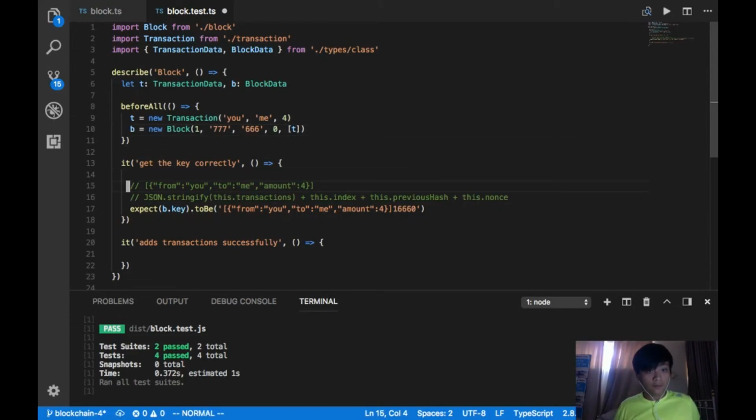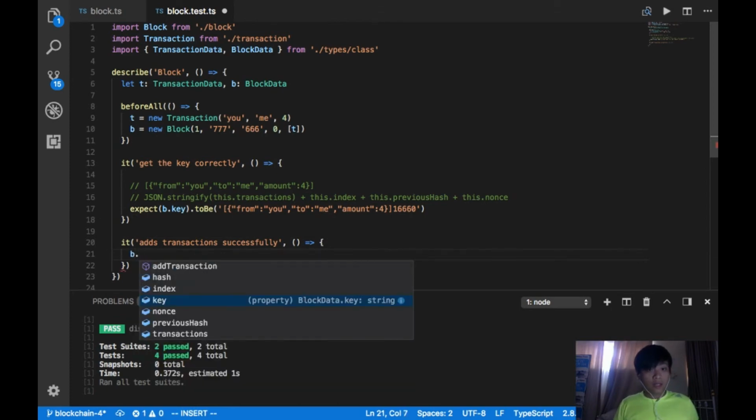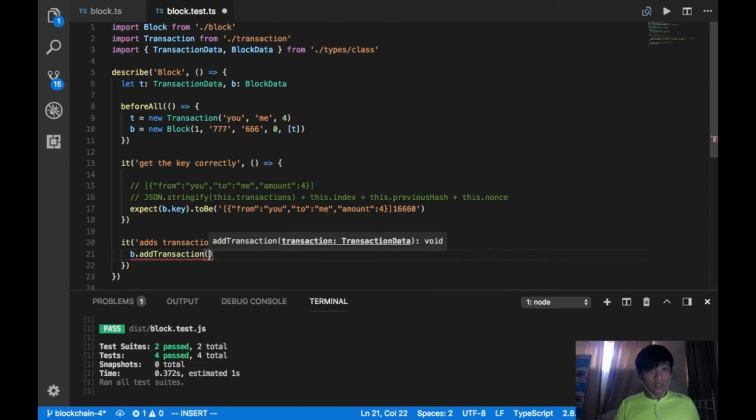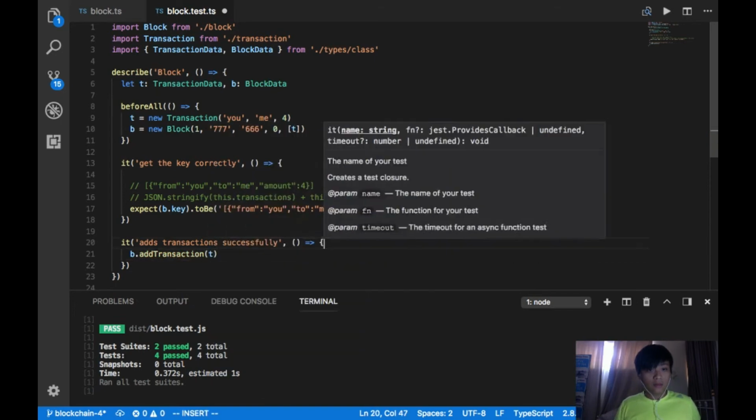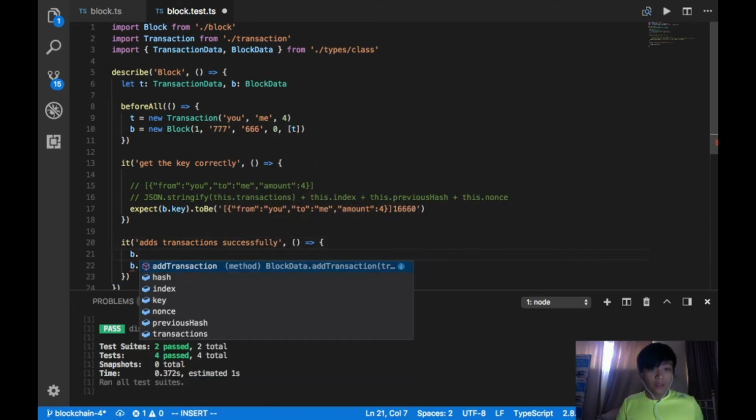So b dot add transaction, we can add in t, but before that we can just check b dot